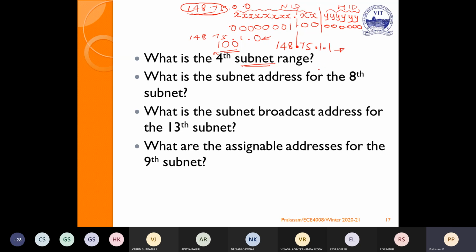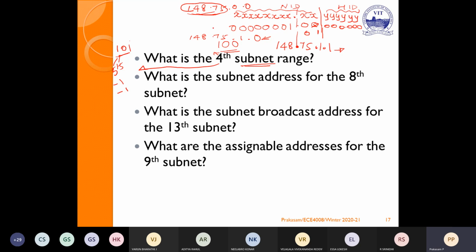Last class we have seen that you find the subnet ID for the next one, that is the fifth. Minus 1 is the broadcast, minus 2 is the last host ID for the previous subnet range. So convert 5 into binary. What is the binary equivalent for 5? It is 101. Substitute this 101 in the subnet, again starting from LSB. So now this is 1, and the remaining won't change.